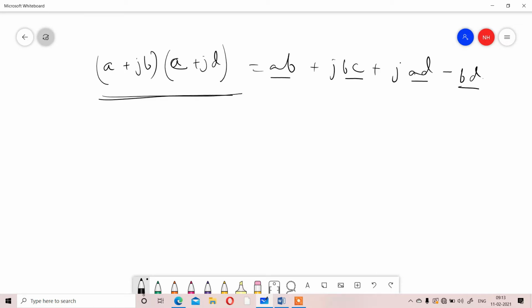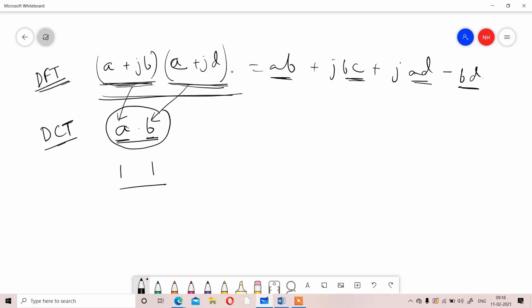the complex multiplication was there, and four real multiplications happened for simply one complex multiplication. And now when we consider the discrete cosine transform DCT, if we simply multiply a and b, in place of four multiplications, simply one multiplication happens, as a and b both are real. Now I'm trying to say that if we can make the coefficients of the transformation matrix, a, b, all 1, then what will happen?